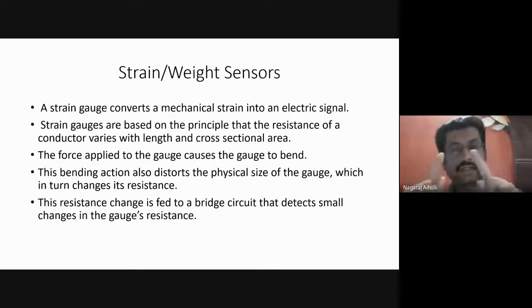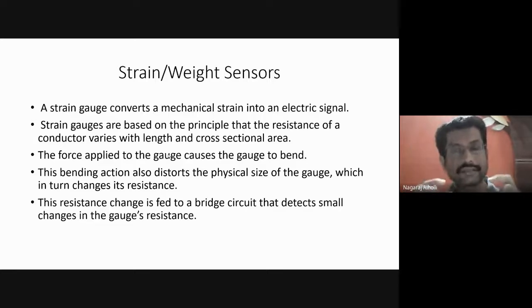Just imagine they are arranged along the sides of a diamond, with four resistors, each one on one side of the diamond shape. It is just like that. And then when the resistance changes in one of the arms, or on one of the sides of the diamond, what will happen? The output voltage changes because of the change in the resistance of one of the resistors.